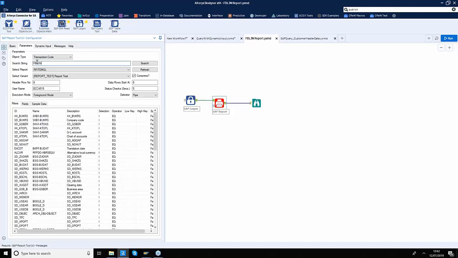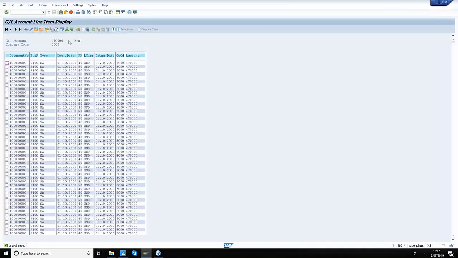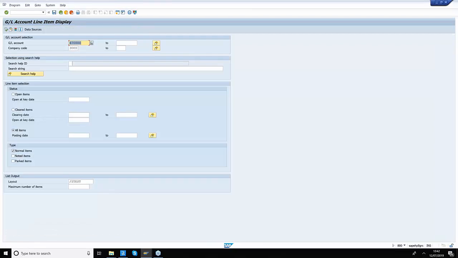In this case, I'm looking for a financial transaction code called FBL3N, a really powerful accounting transaction code. Against that transaction code, once I selected the underlying program name, I got a list of variants. These are the screen variants that you typically design within the SAP system. So when you have the layout, for example, this is my output here, and this is how the selection screen looks in real time in SAP. This is exactly the same screen that you are seeing on the other side.